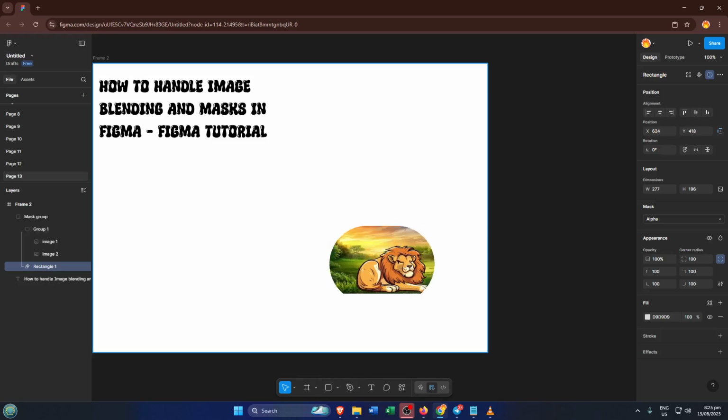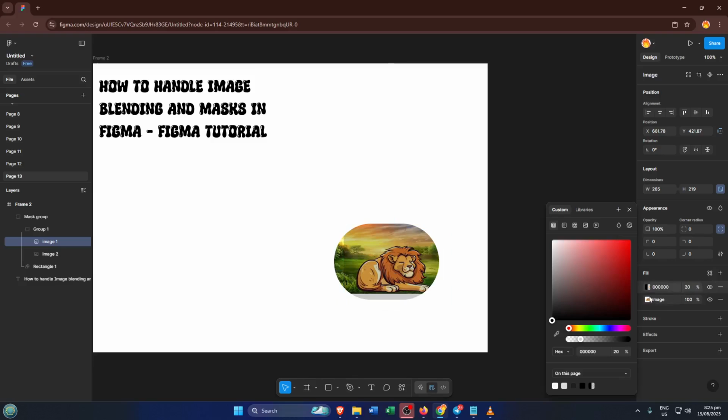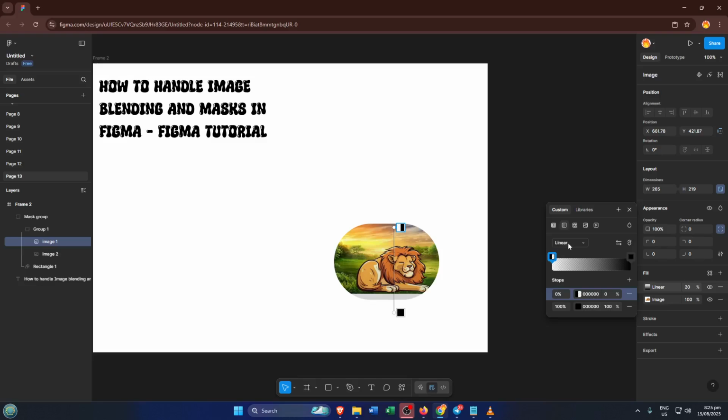Next, we can add some real depth with blending and color. With your mask group still selected, look over to the right sidebar and find the Fill section. Click on Color Fill. It might automatically be set to solid, but what we want is a smooth gradient. Go ahead and select Gradient from the dropdown. Now let's choose Radial for our gradient type. This creates a beautiful circle effect that can make your masked image stand out, almost like adding a spotlight or